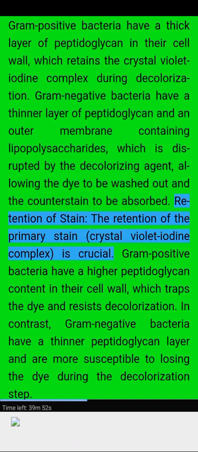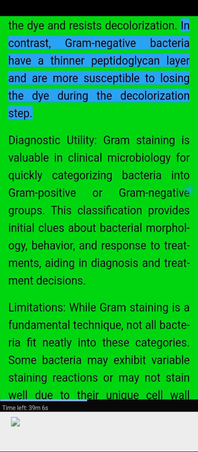Retention of stain. The retention of the primary stain, crystal violet iodine complex, is crucial. Gram-positive bacteria have a higher peptidoglycan content in their cell wall, which traps the dye and resists decolorization. In contrast, gram-negative bacteria have a thinner peptidoglycan layer and are more susceptible to losing the dye during the decolorization